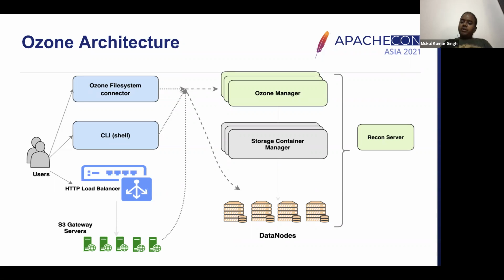And on the right, we have something called the recon server. The recon server is an administrative utility, and it keeps getting all the real-time updates from each one of these daemons which are running, and this gives us fine-grained analytic information on things like what is the average size of the file, how many data nodes do I have, among those data nodes how many are getting decommissioned, how many are really active. So it is really an offline process which is not in the IO path, and gives you all the information about how the system is behaving.